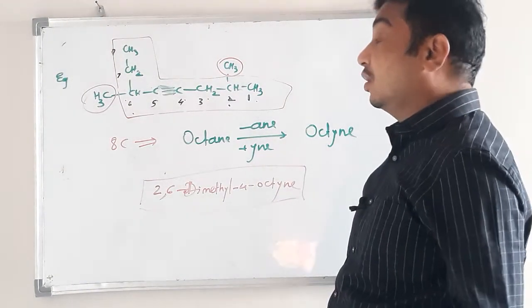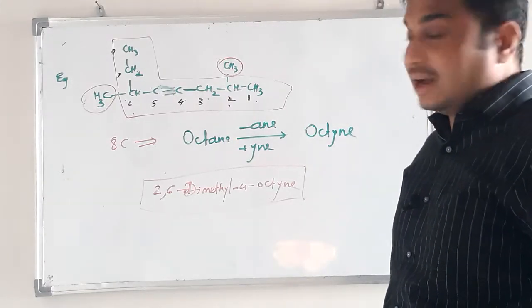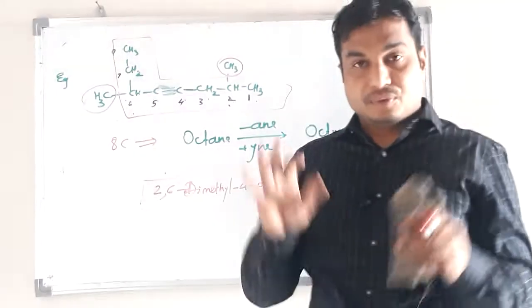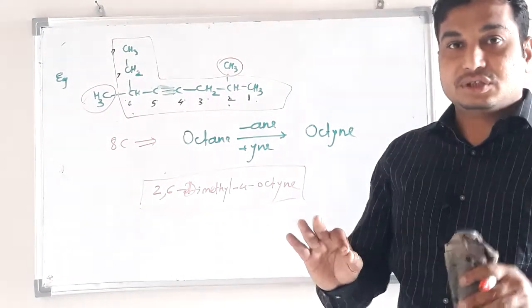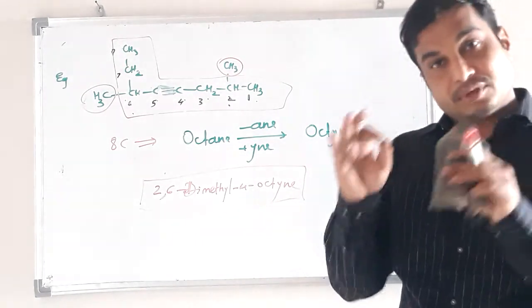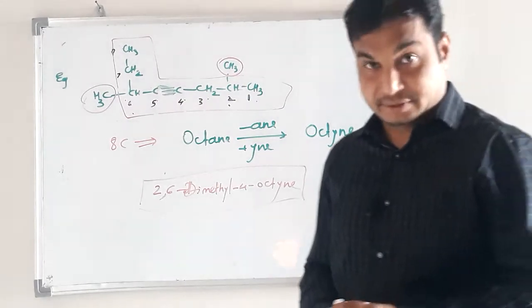2,6-dimethyl-4-octane. Okay, that is the IUPAC name. And in a similar way we have to draw the structure from name and name from structure, both ways. Okay, so this is the alkyne. Now